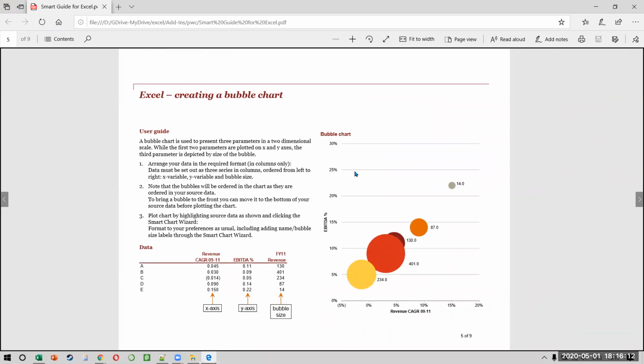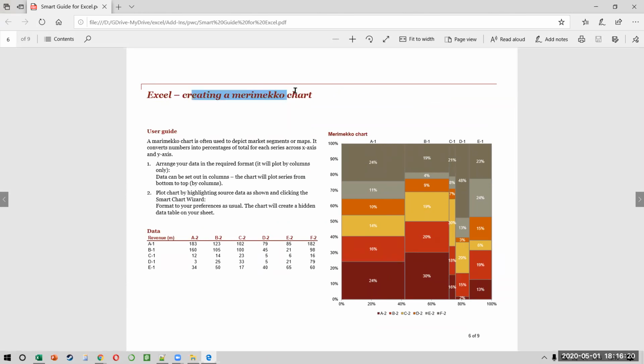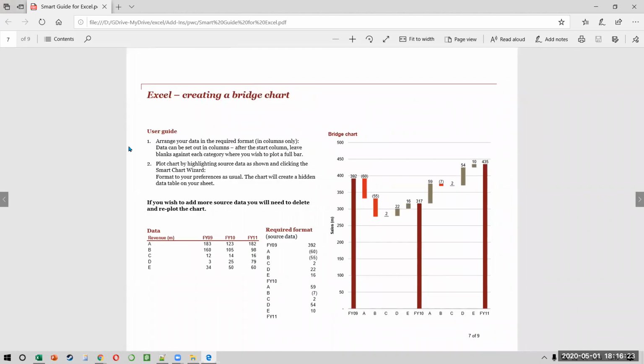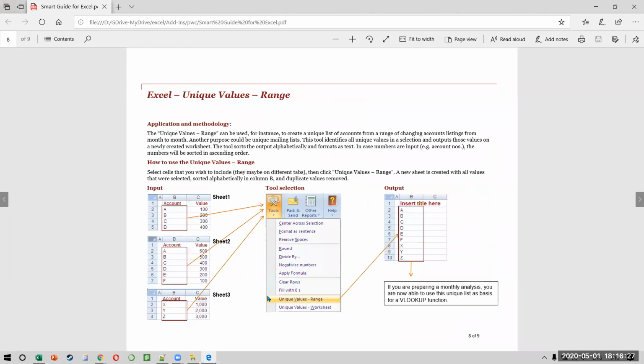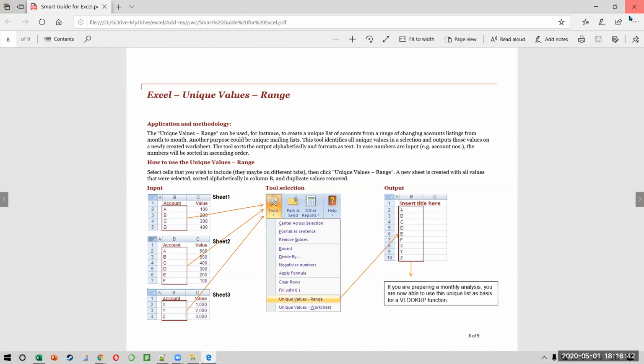So if you notice, if you want to create a Marimekko chart on Excel, you can't do this. It will take you 5 days and you will still not be able to create something like this. But they have created an inbuilt macro that can create a Marimekko chart. Similarly, if you want to create a waterfall or a bridge chart, you can, even though waterfall has now been added. They've added a button called tools, and then they've given different options. When I say ABCD and I select 3 ranges, it automatically gives me a combined list like this. If you want to extract the unique values, you can do that too.